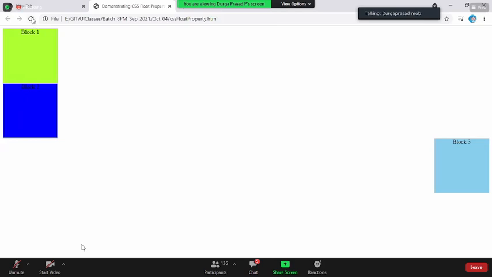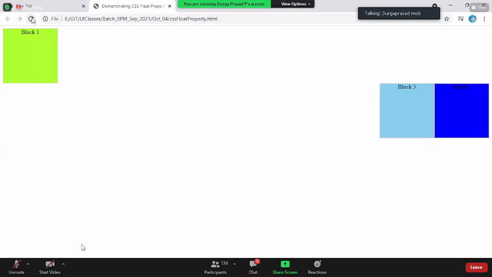Now once you reload the page, you see the difference. What the hell was that? Why are block 2 and block 3 falling under the same line? Because those are block level elements, they generally have to come onto a new line. That is where a bit of logic lies inside your floating element.